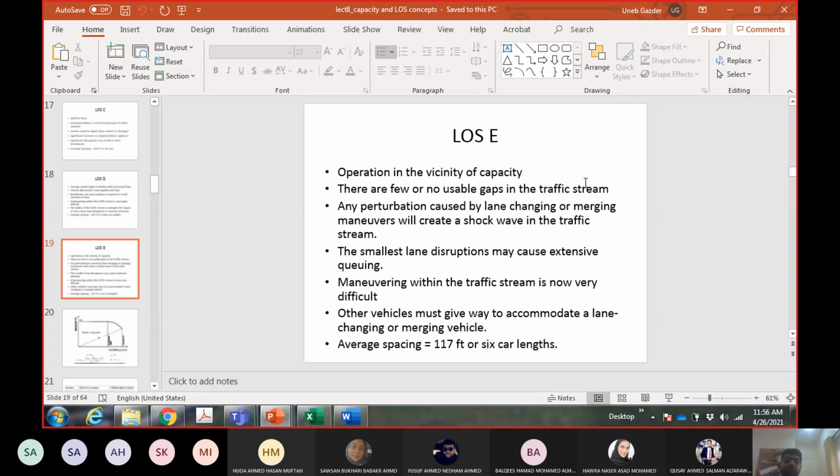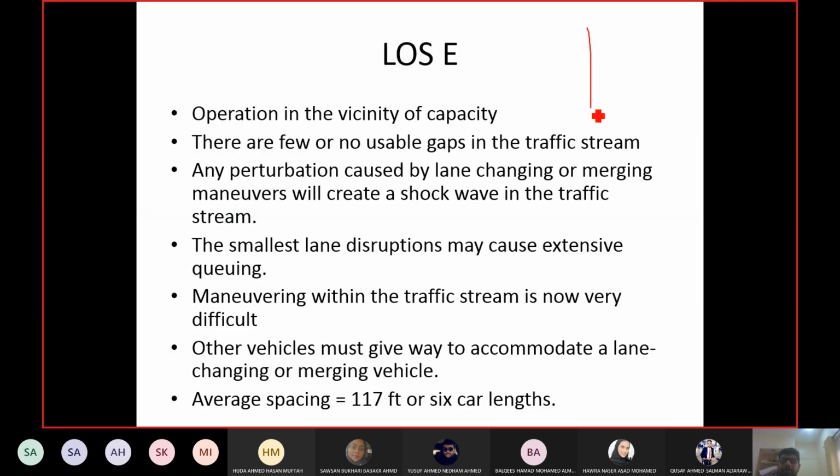So what do we do in that case? I think everybody knows. Then we do this, right? This is the highway, these are the lanes, and then we do this. We start moving like this, half in this lane, half in the other lane. So we are basically challenging the drivers: stop or come and hit me. I will not stop. We'll go like this, diagonal. So the other drivers have to stop, and we have to do it. Maneuvering is difficult. There are no gaps, so you try to create a gap by doing something like this.